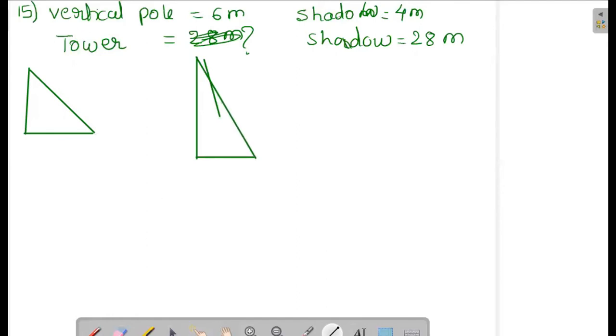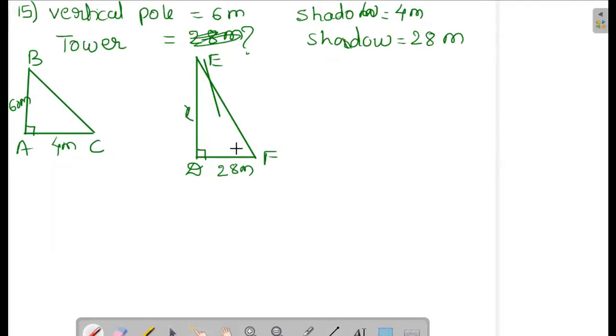Okay. So here this will be definitely 90 degree. It is A, and this is 60 meter, and this one is 4 meter shadow, it is given. Let this be D, E, F. Again this is 90 degree, X, and this one is 28 meter. So first observe, are all in the same unit or not? Yes, all are in meters. Now we have to find out this.